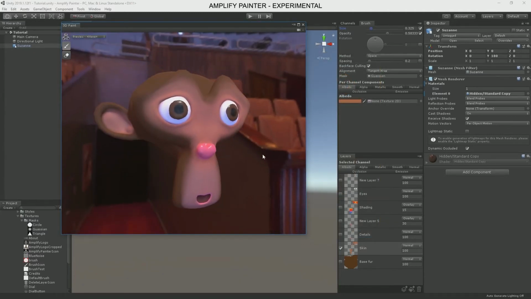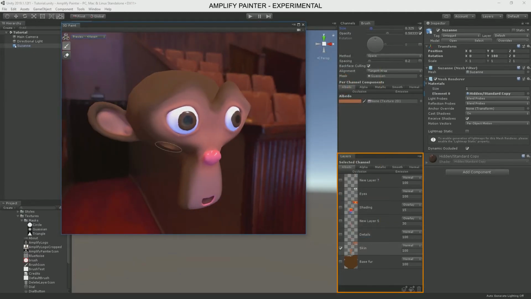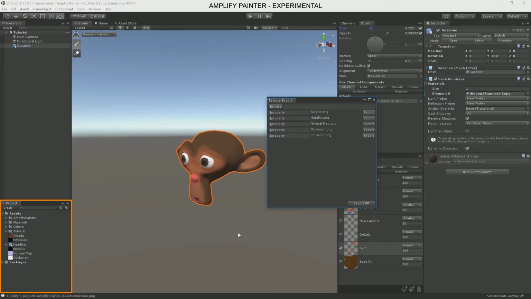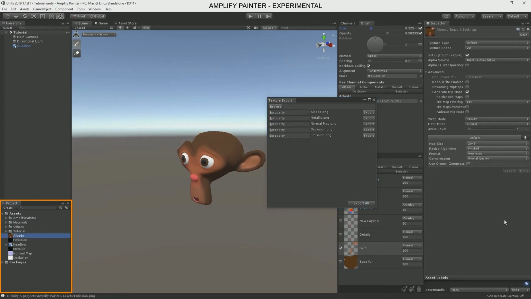During this initial phase, you will have to export the painted textures in order to save what you created. To export the textures you've painted, let's first open the texture export window using the shortcut Shift 0. You can choose a specific folder, but it saves to your assets folder root by default. And there you go. After pressing the button, your painted textures have been exported